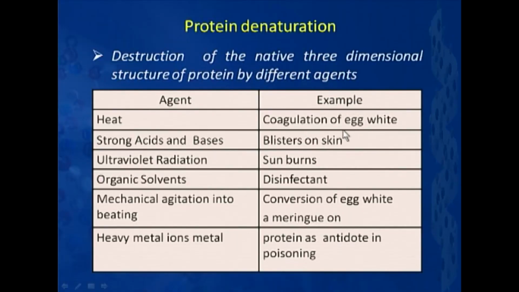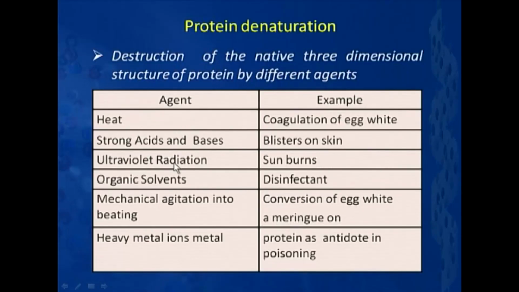When the hydrogen bonds are broken, we see that the secondary structure is lost, so is even some parts of the tertiary structure. So, as a consequence, the protein loses its structure and function, and a typical example happens to be coagulation of egg white, because we know that egg white is fluid like, but when I boil the egg, it becomes hardened there. So, that is just because of the denaturation of protein.